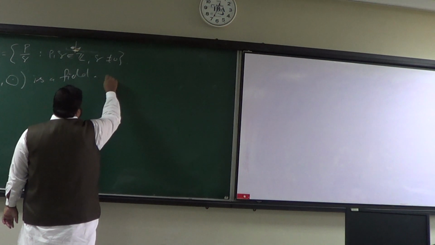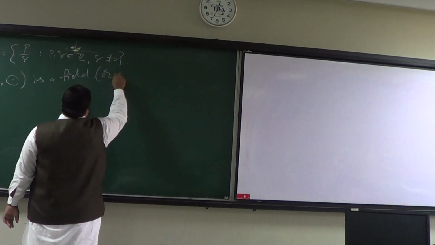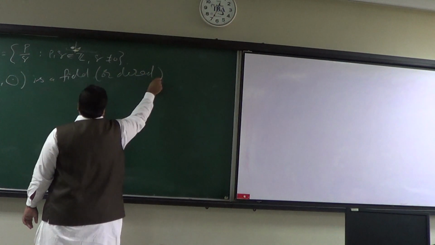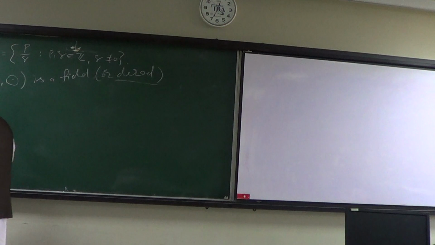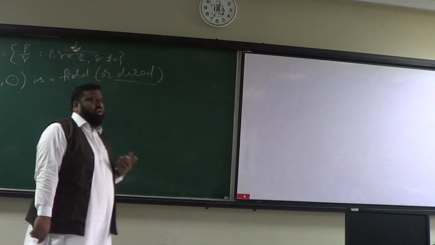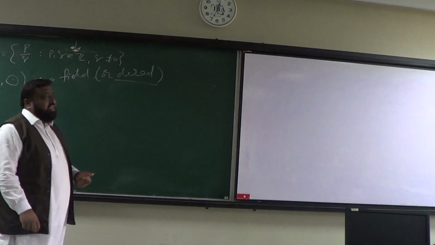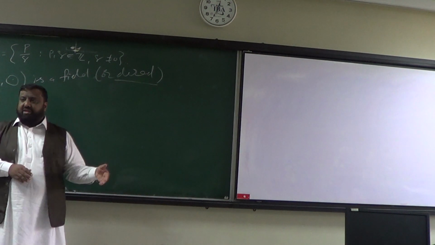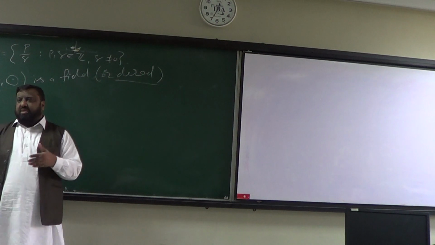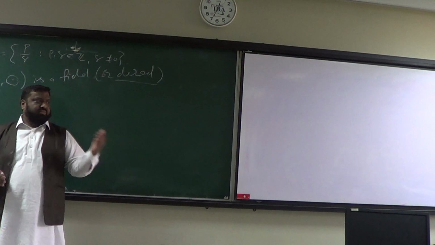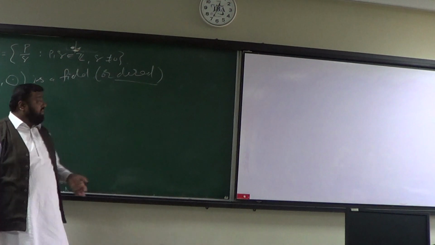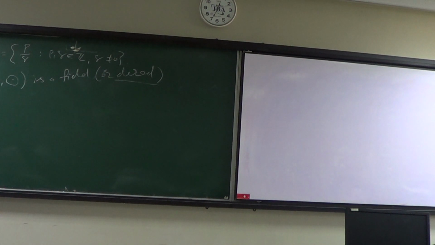Not only is it a field, but it's an ordered field. In other words, if you have an order on Q, you can say that some points are to the left or to the right of some points of Q. So some rational numbers are to the left of some specific rational number, and some are to the right. What is the next thing that I would like to do before ending this discussion on